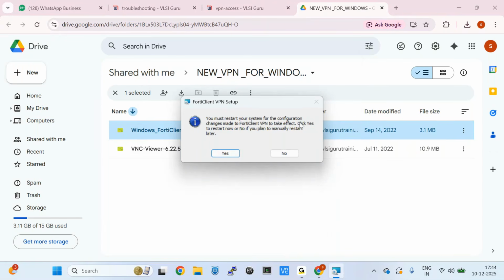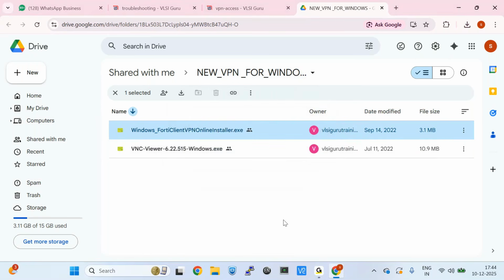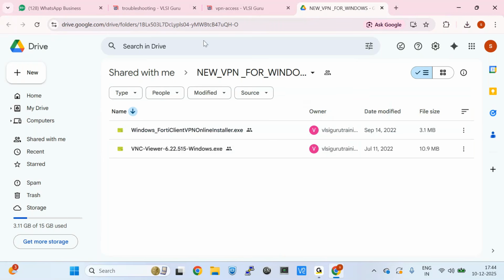It is saying you have to restart your system for the configurations made. I can't do it now, guys, because if I do, the session gets ended. Okay, let this be. But you guys have to click on yes and restart your system. Similarly, you have to download VNC Viewer also. Once it is done,